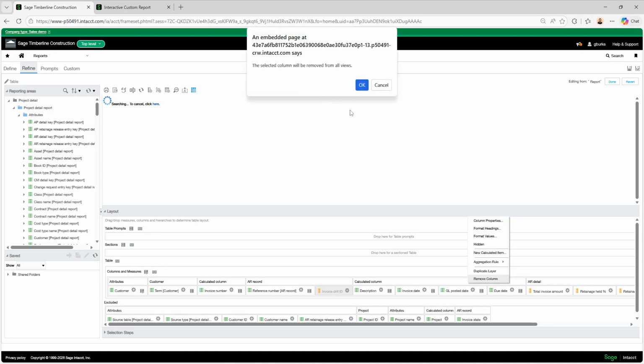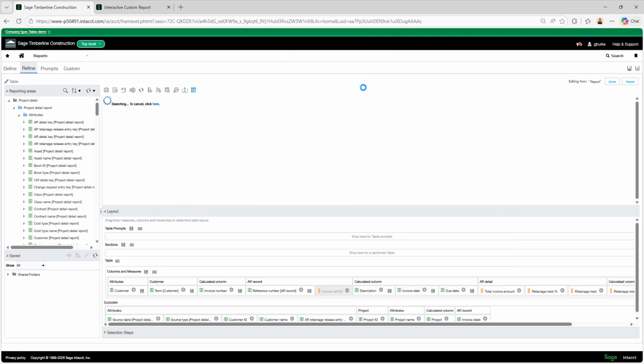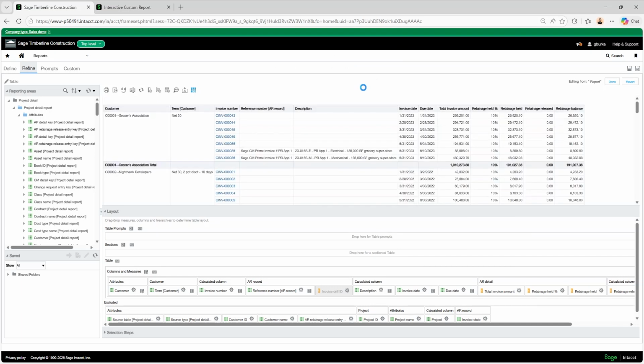The report will warn you before you remove it, just to add a little layer of safety, but you can proceed by clicking OK. And as soon as the report loads, you can see that that column is gone from the report.